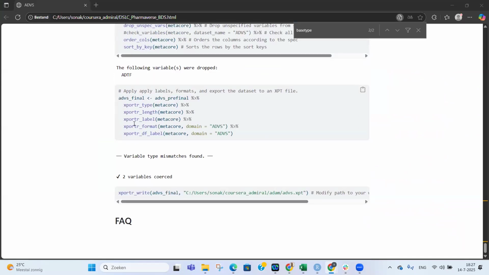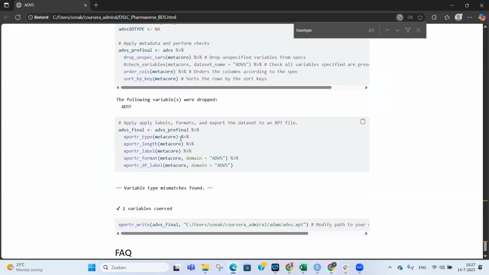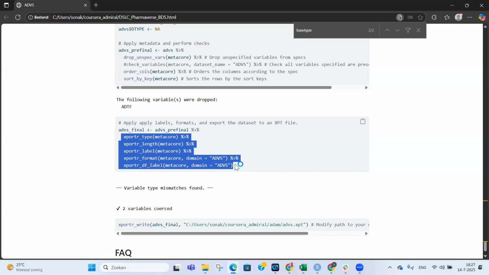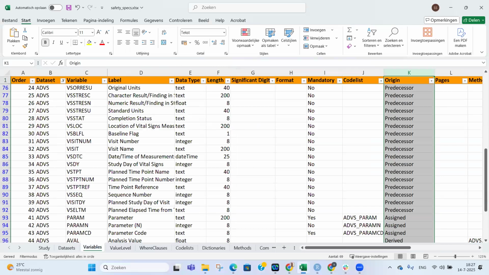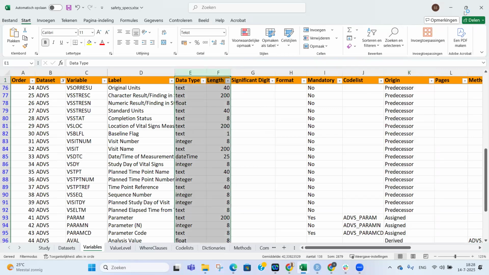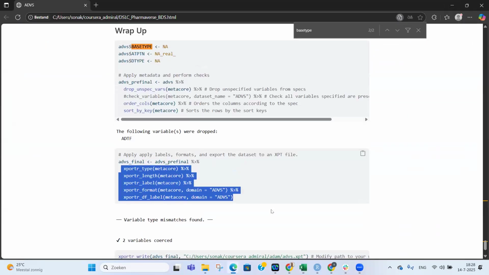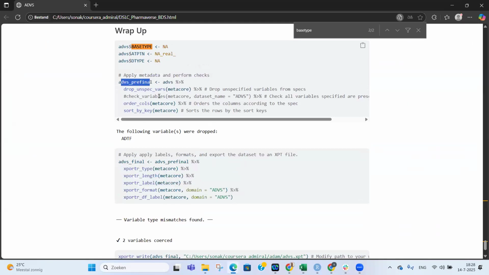And then what Metacore will do is, indeed as I showed, the type, the length, label, and so on will be assigned via the metadata here. This can also be seen in your XPT, but the XPT will be transformed into define XML. An HTML layout is one of the options, and there you can trace this information back. This is what's happening in this step. And in this step,